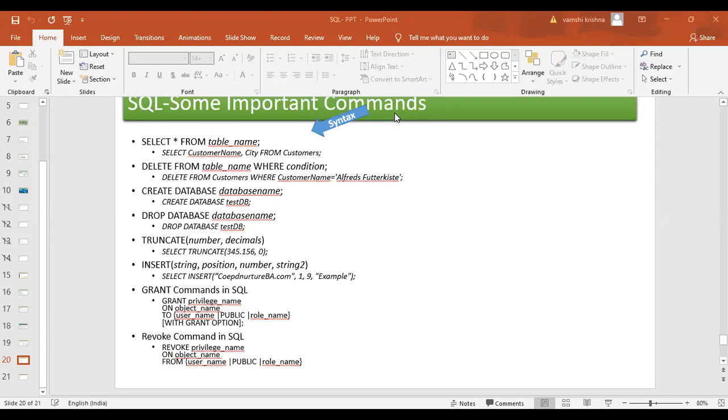That means I want to remove that decimal, that row. I will select that and remove that row. 345, 150 is the number of the row only.